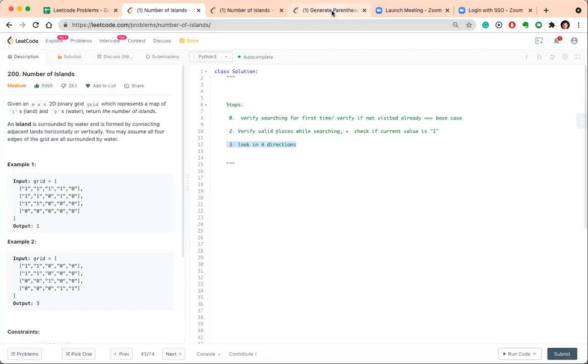In the generate parenthesis case, we were making 2 recursion calls. In the combination of phone number or keypad dial problem, for each number that is being dialed, or each element of the string, we are making a recursion call, something like that. So for this, we will make 4 recursion calls because we will be exploring 4 paths in 4 different directions.